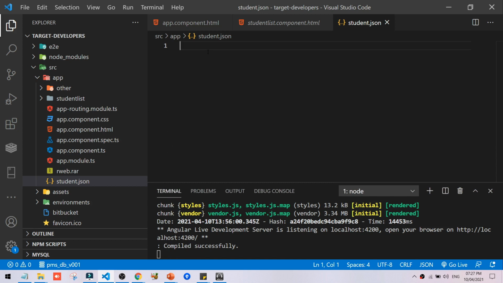So what is the structure of JSON, guys? Firstly, we are taking an array. Now we are creating an object, a JSON object, after the bracket. In double quotes, we are taking id, id 1, comma.